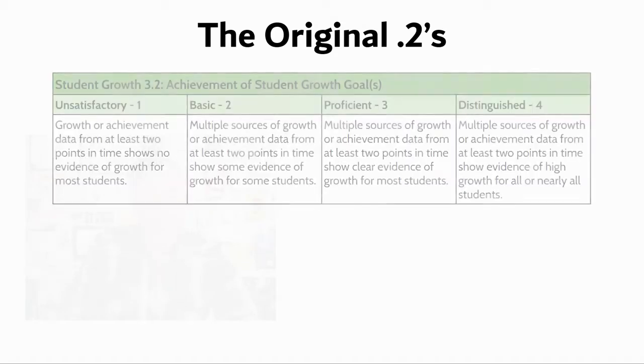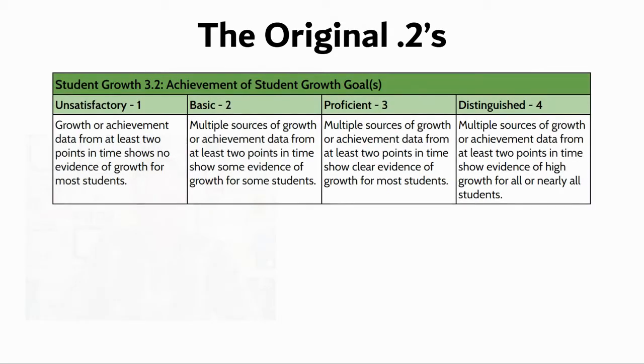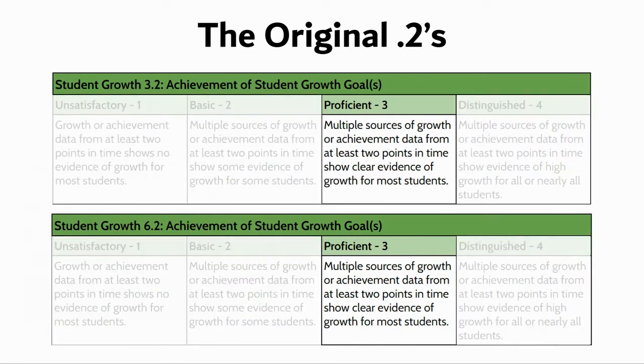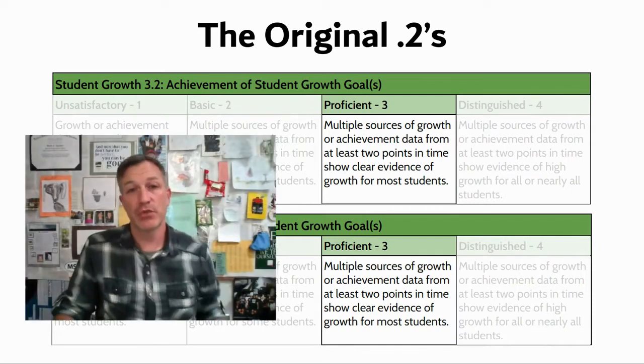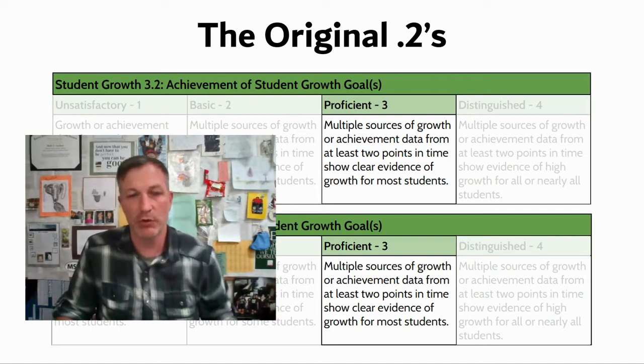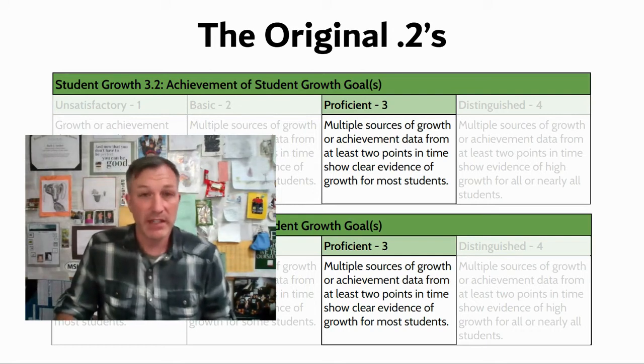The original output rubrics, hopefully, are familiar for our small group student growth goal setting and for our whole class or whole cohort student growth goal setting. Proficiency was literally the exact same language: multiple sources of growth or achievement data from at least 2 points in time show clear evidence of growth for most students. Over the last 10 years, as this rubric language has been in effect, we've learned a lot,